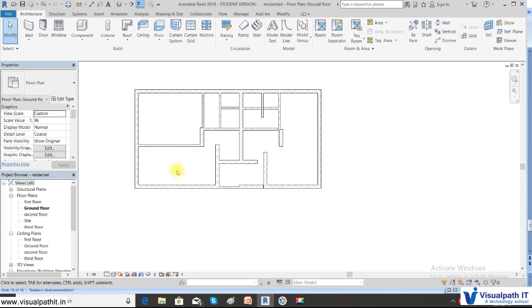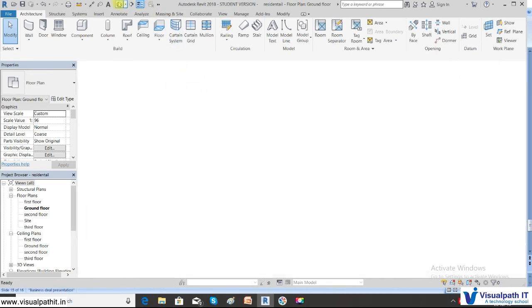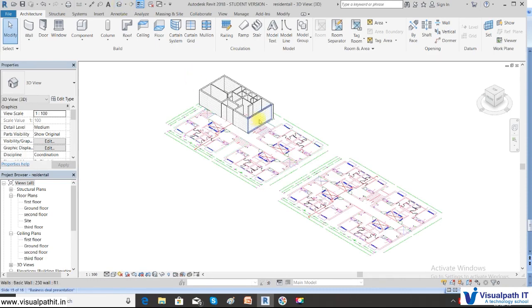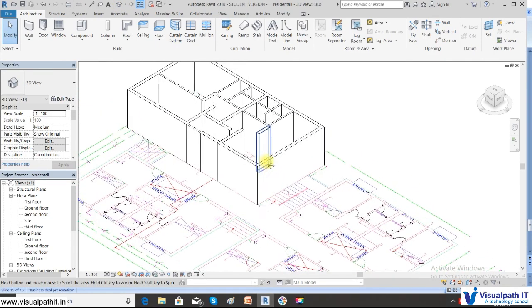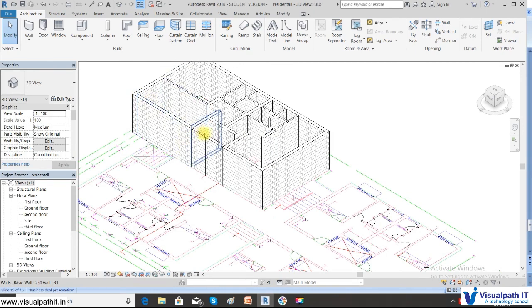If you want to see the 3D option, you can click the 3D option here. We have used the same walls, so we have finished the walls. Once we finish the walls, we'll place the doors, and once we learn all the modify tools, we will be changing the materials, which will be more interesting. So thank you friends, I shall stop here with session 3. Let us continue with session 4 with all the other modify tools.